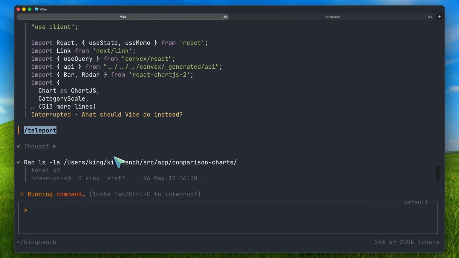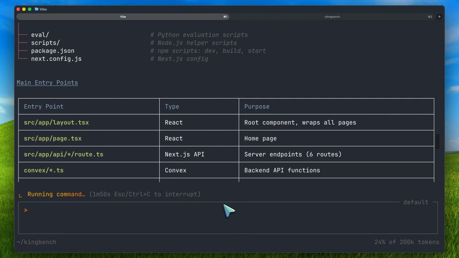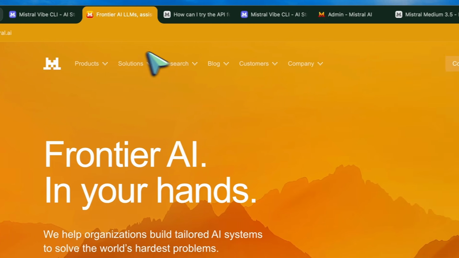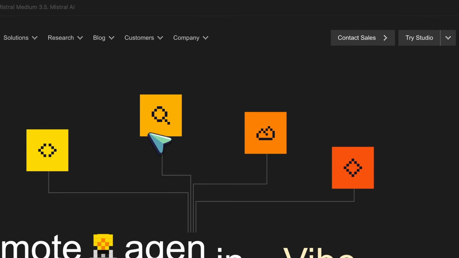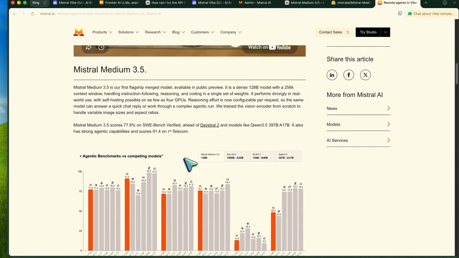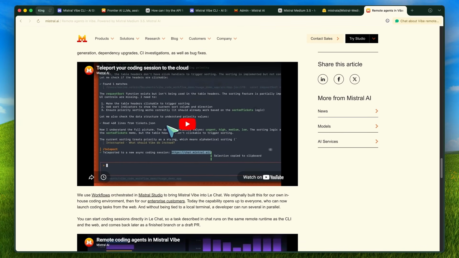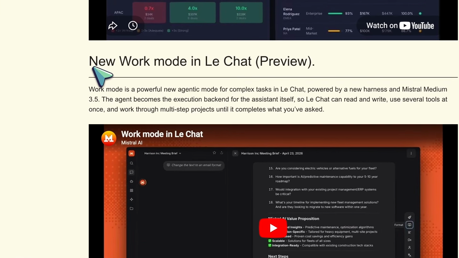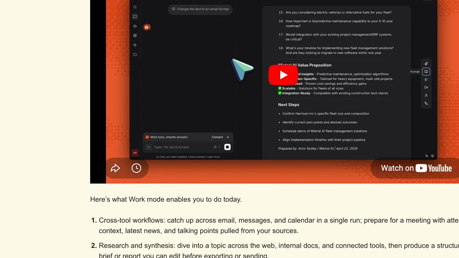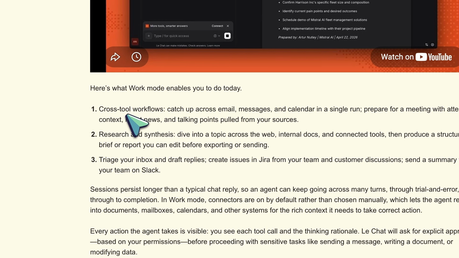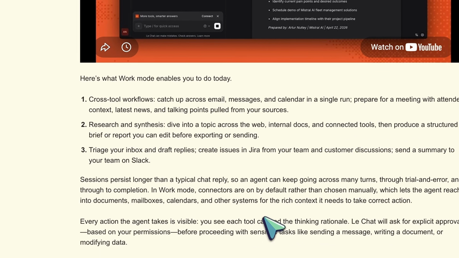The same announcement also talks about work mode in LeChat. This is not exactly the same as Vibe CLI, but it is part of the same bigger push. Work mode is basically an agentic mode in LeChat for complex, multi-step tasks. It can do research, analysis, cross-tool workflows, use multiple tools, and keep working through a task with approvals for sensitive actions. So Medium 3.5 is not only powering coding inside Vibe, it is also becoming the backbone for broader productivity